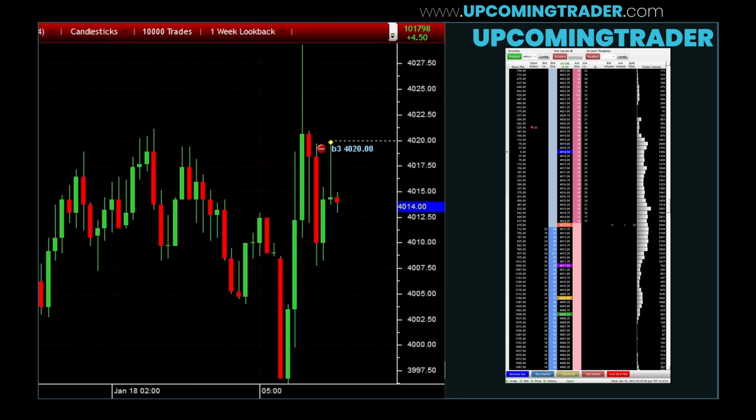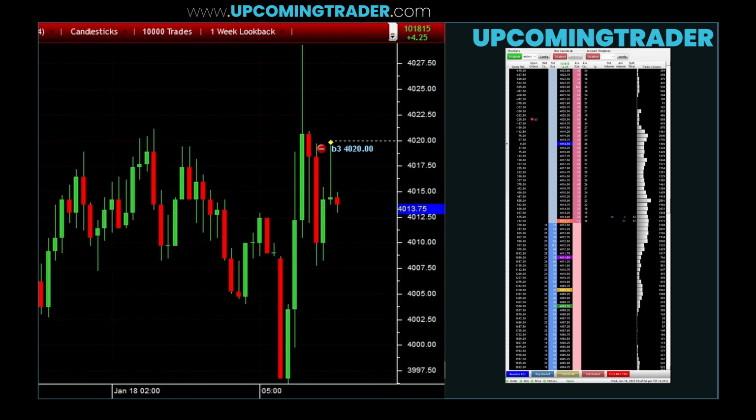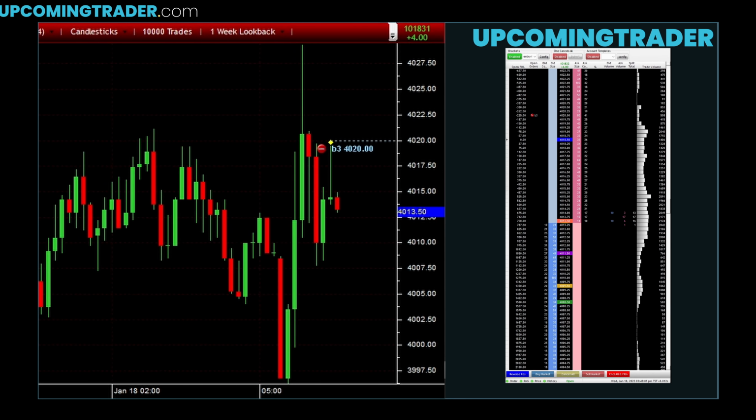Wedges are another pattern to consider, which can be either rising or falling. Rising wedges are often bearish and signal a potential reversal, while falling wedges are bullish and suggest a possible upside breakout. On-balance volume can be very useful in confirming these patterns. For example, if the price is forming a rising wedge, but on-balance volume is declining, it strengthens the case for a bearish reversal. Similarly, for falling wedges, a rising on-balance volume line supports the likelihood of a bullish